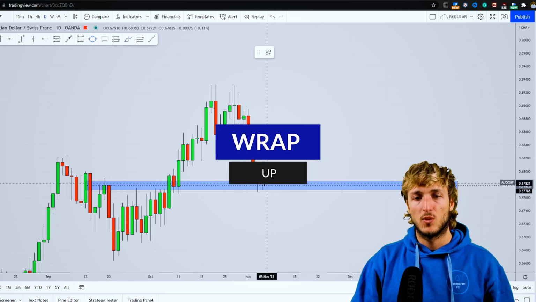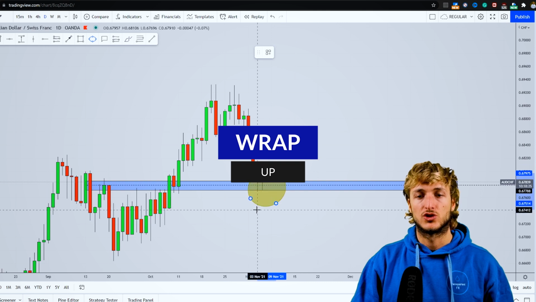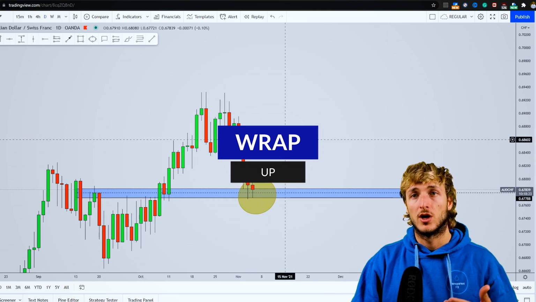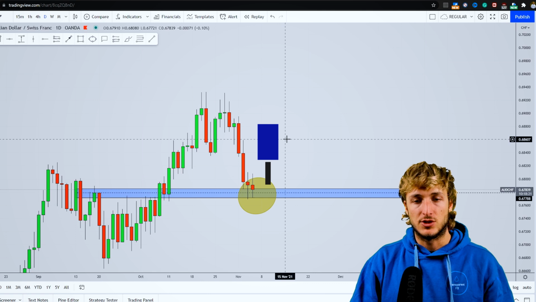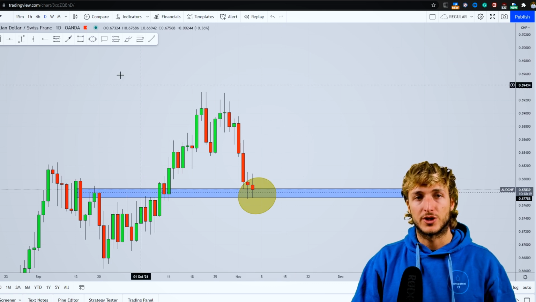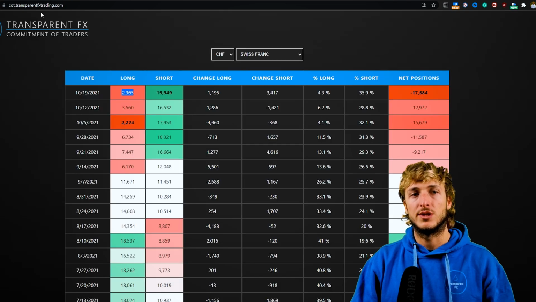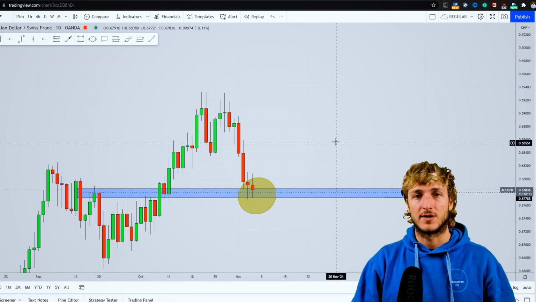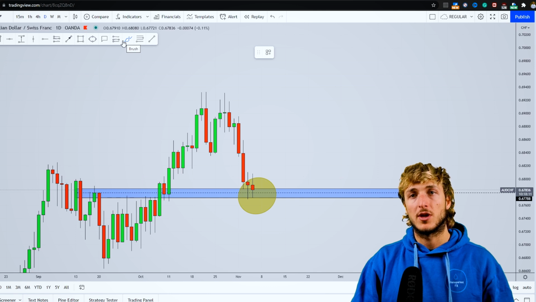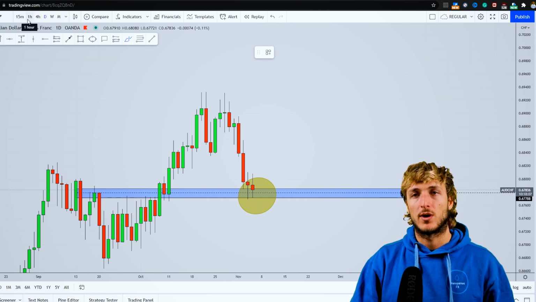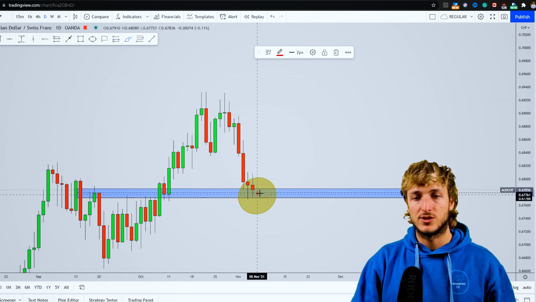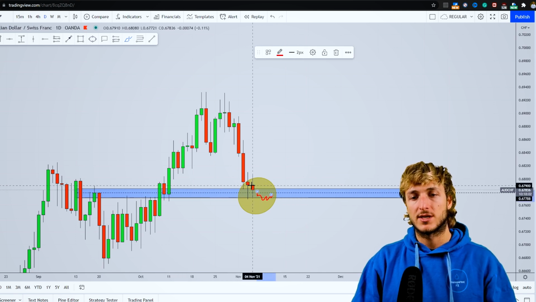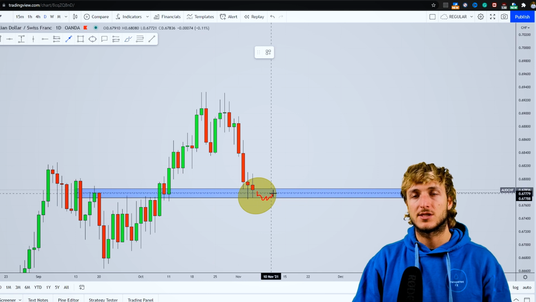So how we will be approaching this potential short-term longing opportunity here with students. Now, as usual, we will be reactive and not predictive. The monthly, weekly, and daily combined with the COT data, those are the best timeframes from a directional perspective. However, when it comes to confirmations and entries, the best timeframes are the intraday timeframes, so 4 hour and lower. Therefore, with students, what we will be doing is monitoring price action from an intraday perspective inside of this area